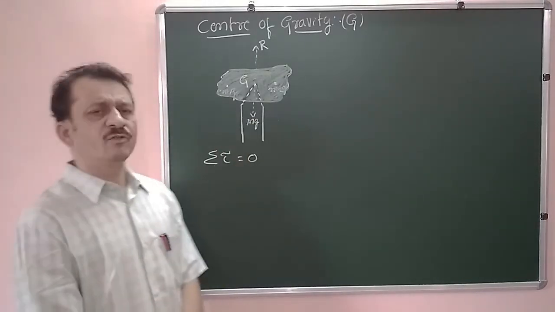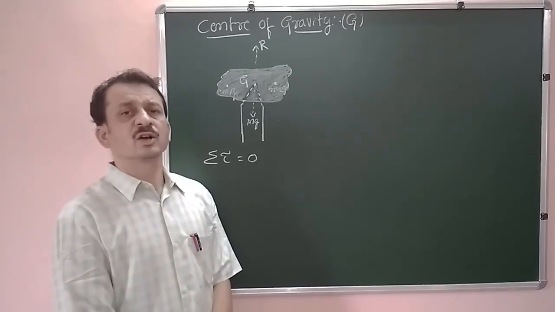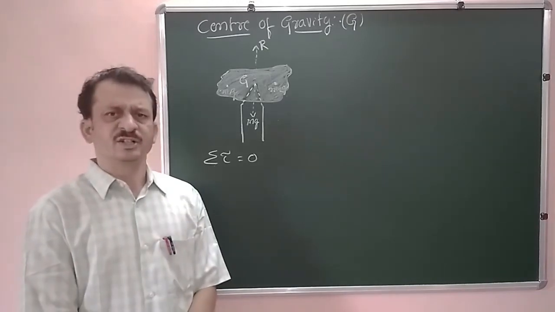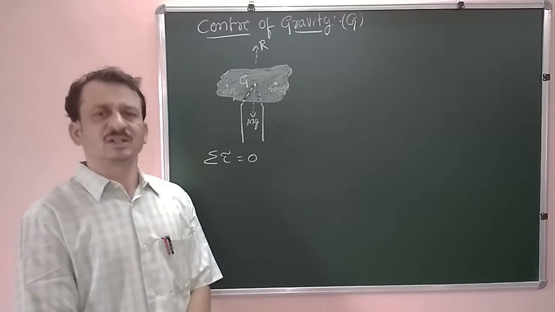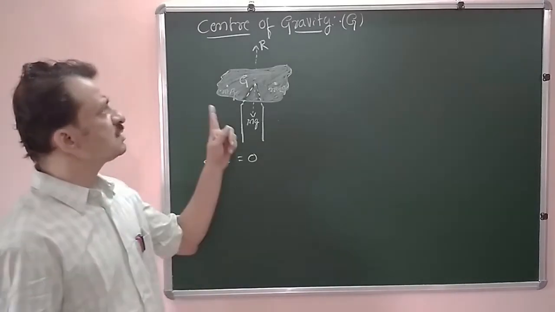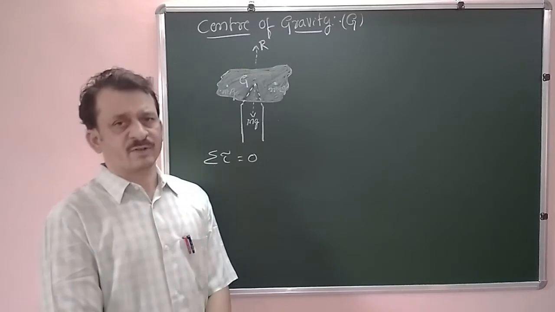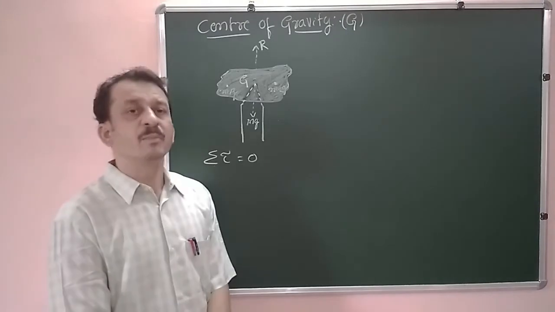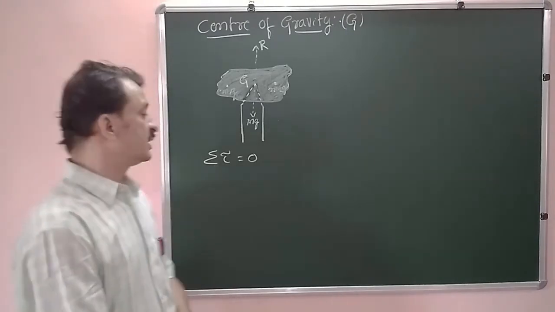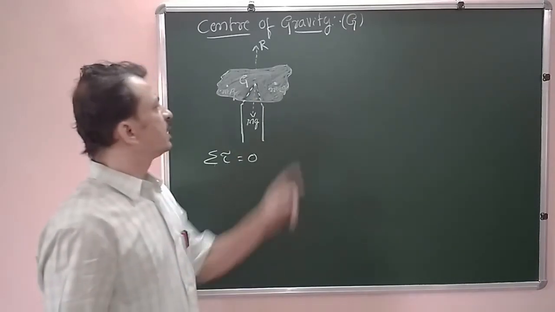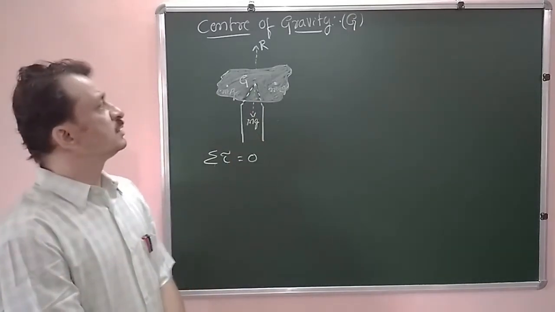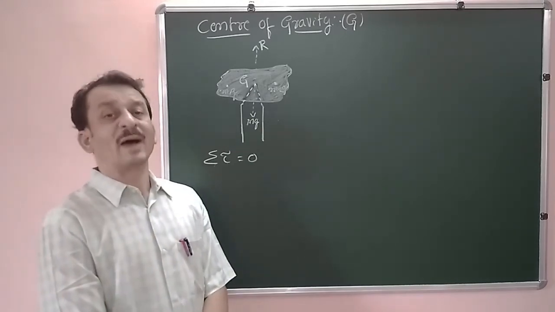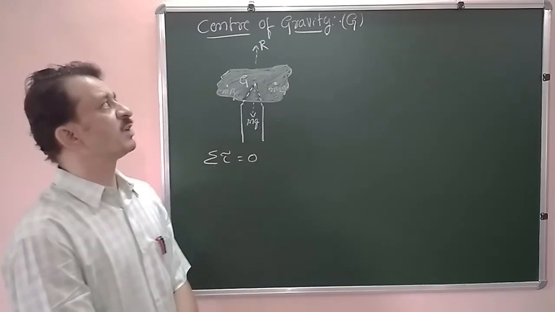Sometimes this center of gravity coincides with the center of mass. If the acceleration due to gravity g is taken as constant, then the center of mass coincides with the center of gravity. If g varies, then the center of mass and center of gravity may not coincide with each other. When the vector sum of the torque is 0, then at that particular point the total torque is 0, the object is balanced, and that point is called the center of gravity.